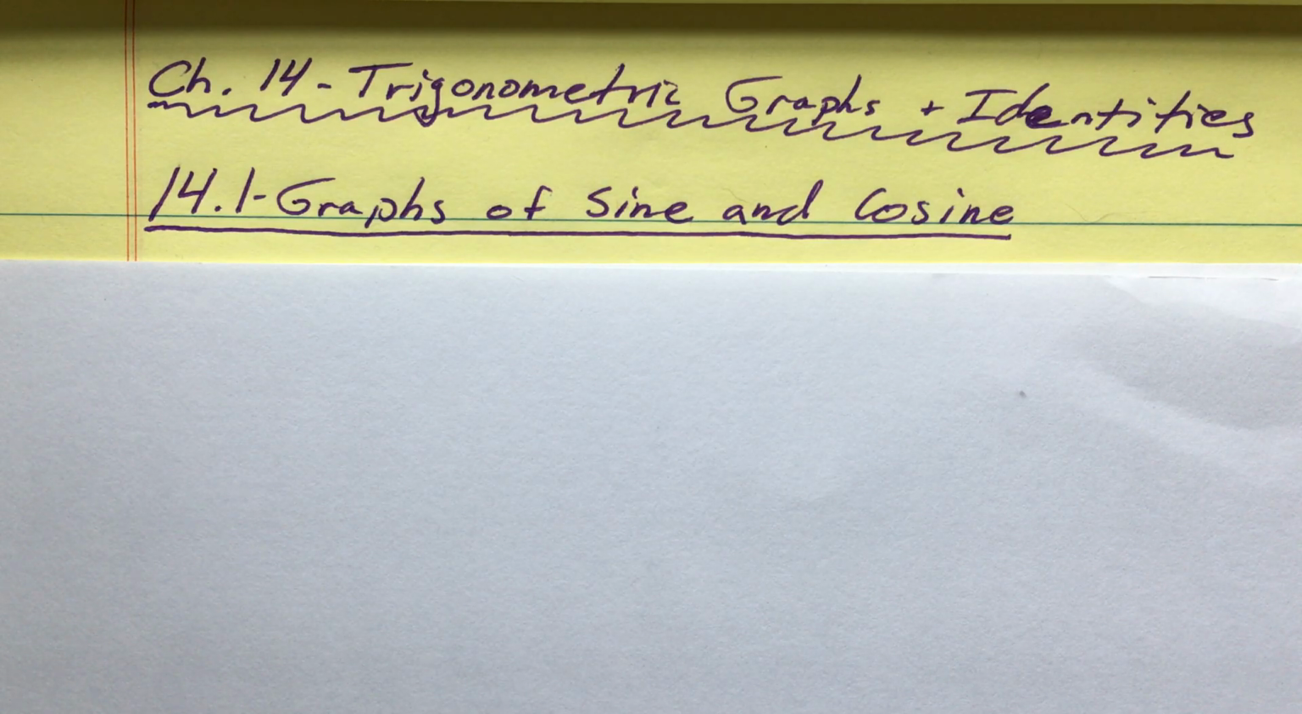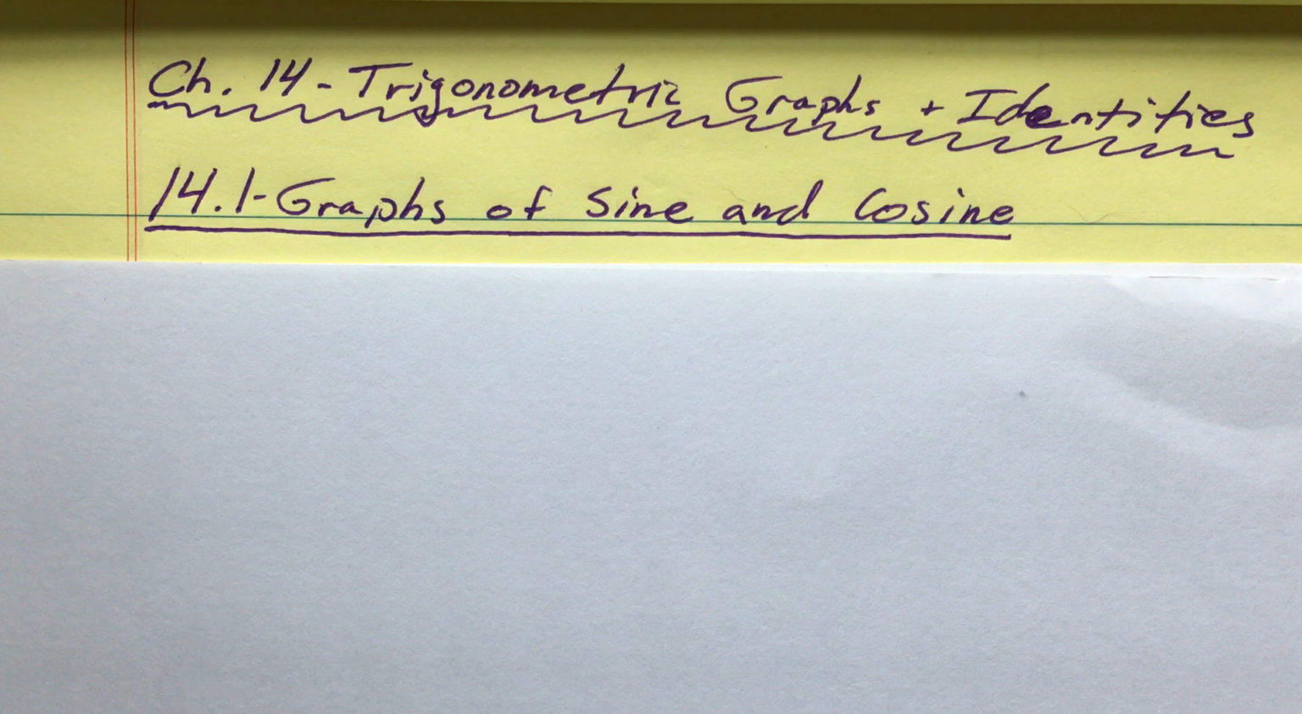Okay, this video is going to go over section 14.1, graphs of sine and cosine. This is the first section of chapter 14 on trigonometric graphs and identities. The first part of the chapter covers graphs, so sine, cosine, and then the next section is tangent, and then the inverse trig functions and their graphs. And then the second half of the chapter is all about identities, which is a pretty exciting part of this